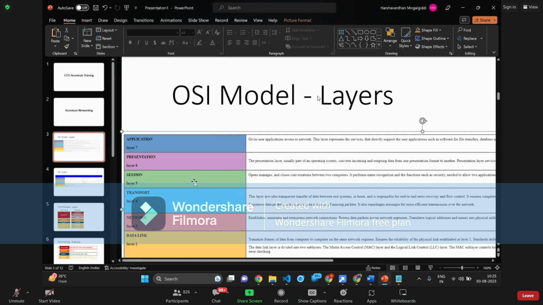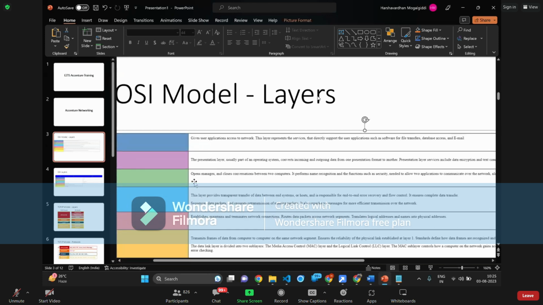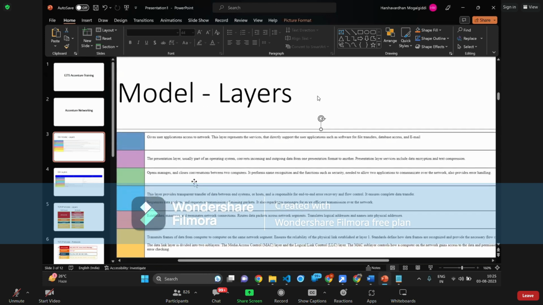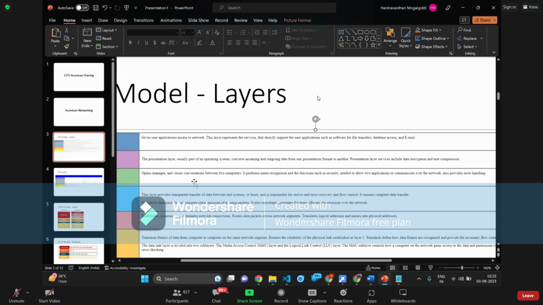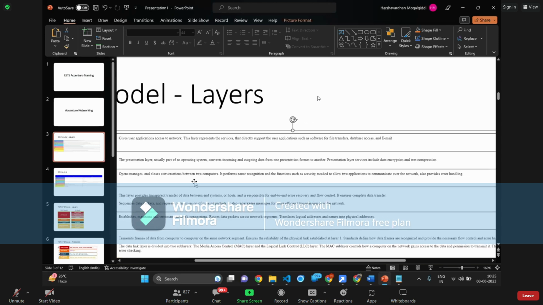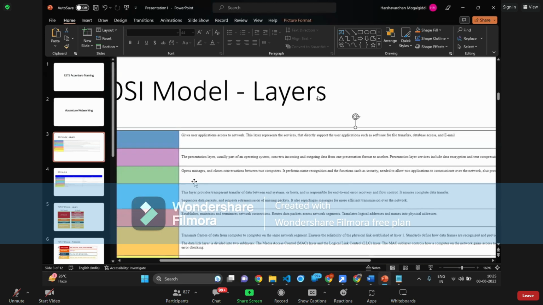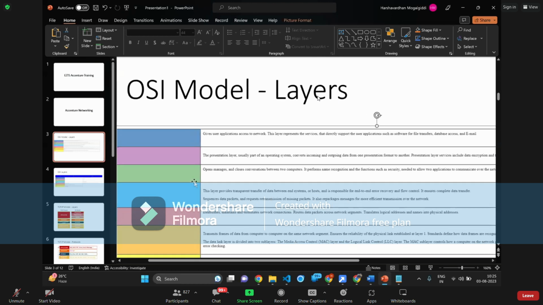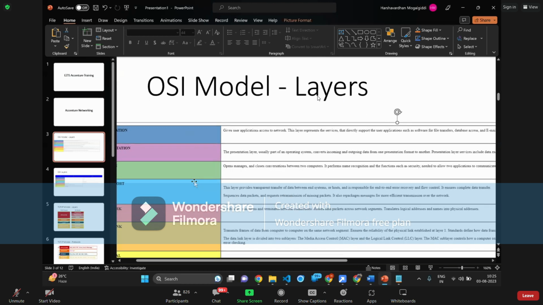Next we've got session layer. Opens, manages and closes conversations between two computers. It performs name recognition and functions such as security needed to allow two applications to communicate over the network. Also provides error handling. Now what happens is, if a communication is to start, right? That is, if transport has to happen or data has to be transferred, first of all,